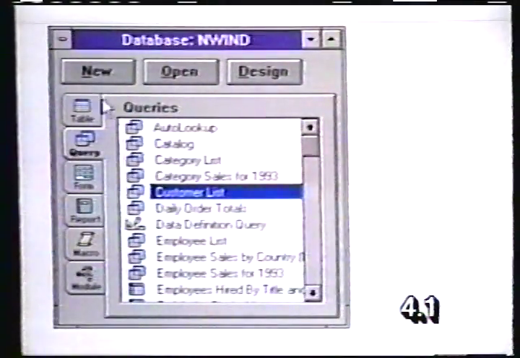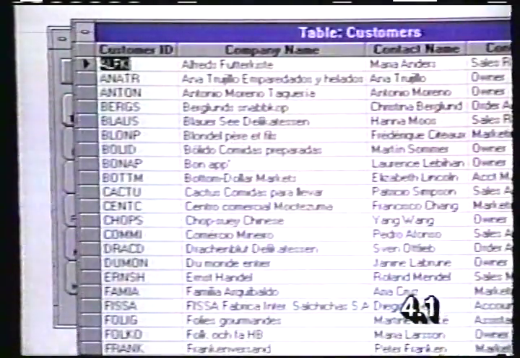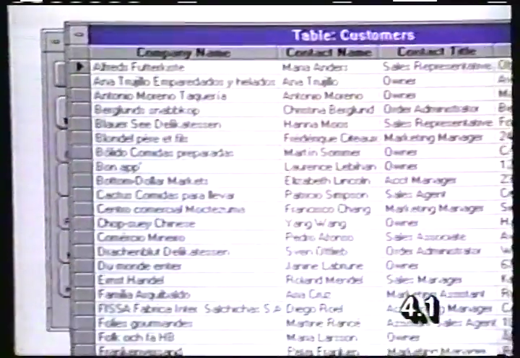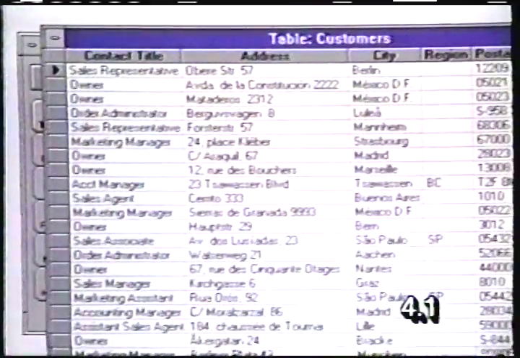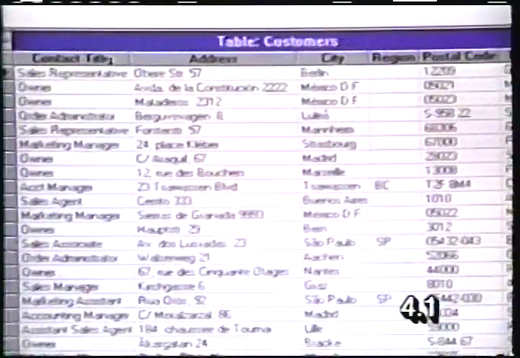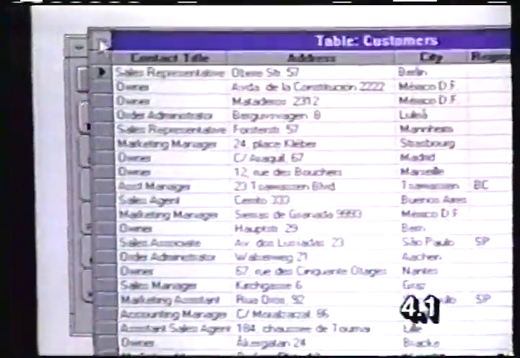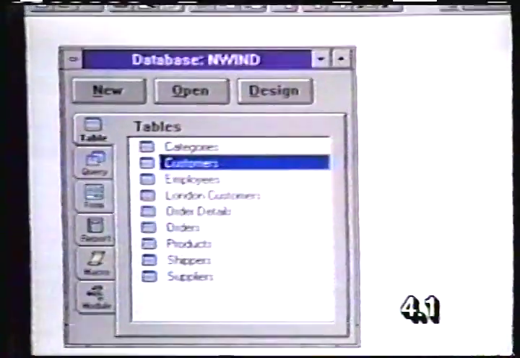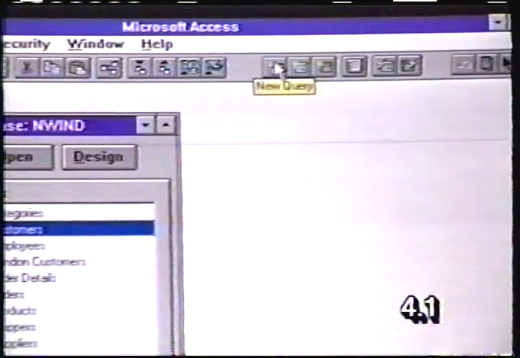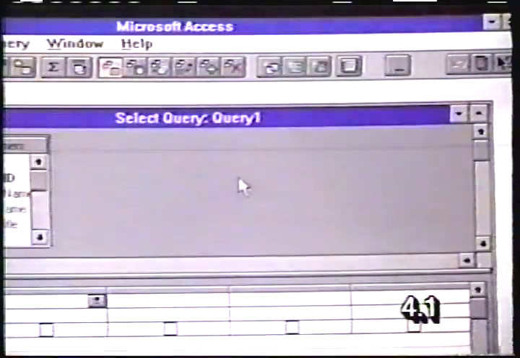Let's start by clicking on the Table tab. Let's go ahead and just open up the customer table and take a look at it. I may want to indicate my country at the time that I run the query. Here's how I do it. I'm going to double-click to close down the table, and now click on this icon right here to create my new query. I'm going to start a new query,